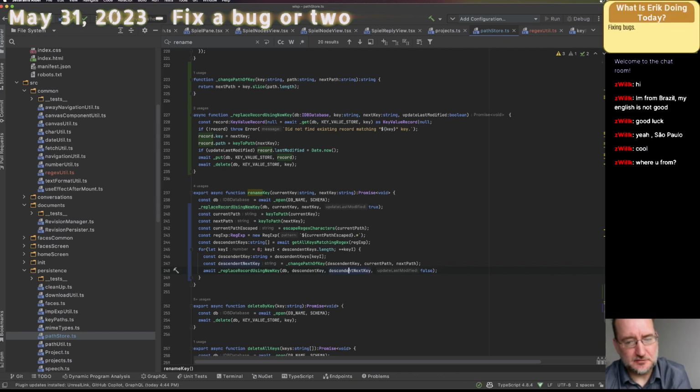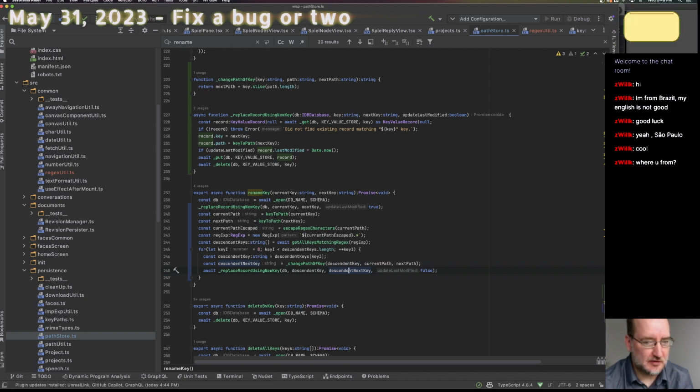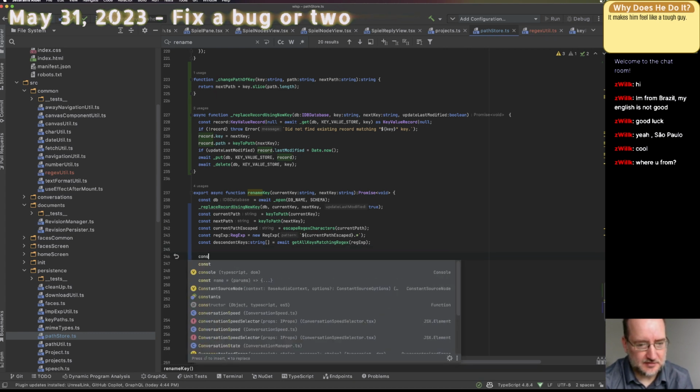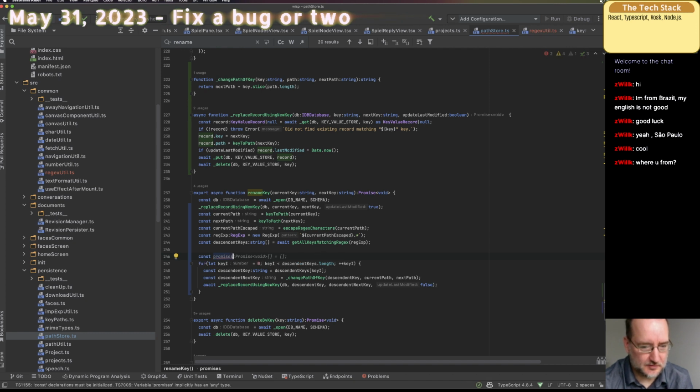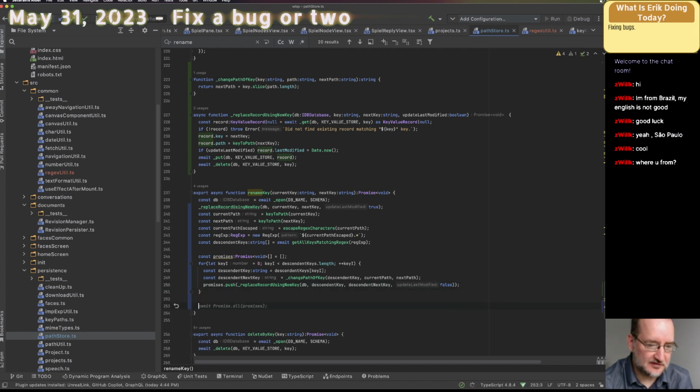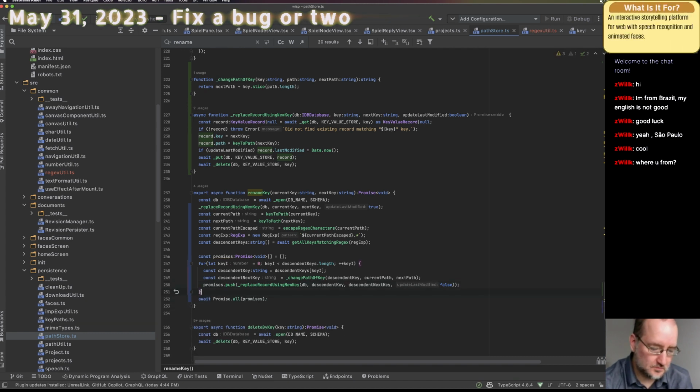Could also just push it onto a promise array and return await all. I don't know if that's better for performance. Something tells me in the JavaScript environment it won't be, but I could be wrong. Let's do it that way anyways. Const promises. Boom, and then we just push. Copilot's pretty good at predicting what I'm about to type. And then let's see if we can predict this last line. Yep. Not bad.